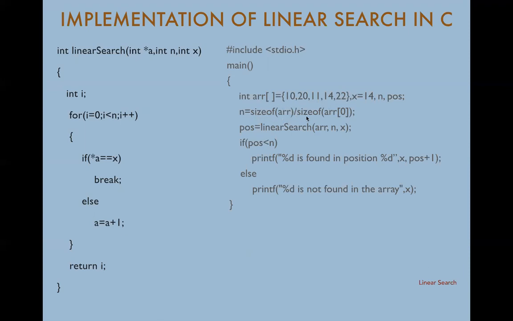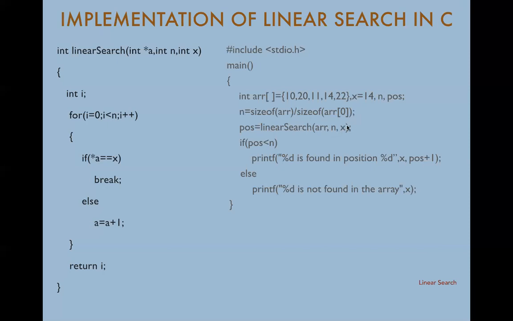Divided by size of arr of 0. Arr of 0 is one integer, that is 4 bytes. So 20 by 4 is going to be 5. So n will be the number of elements in the array. Now I'm calling the function linear search, where I pass the array, the number of elements in the array, and the